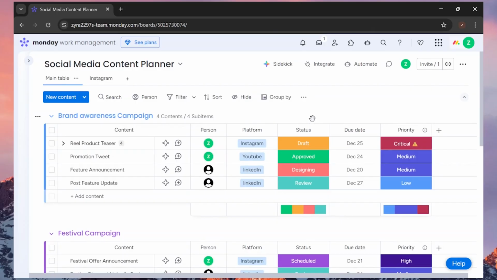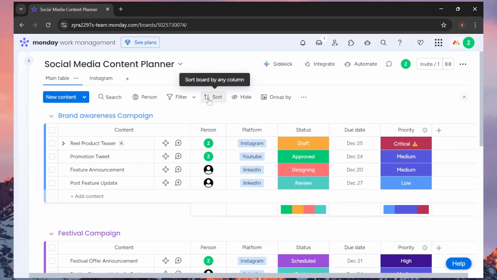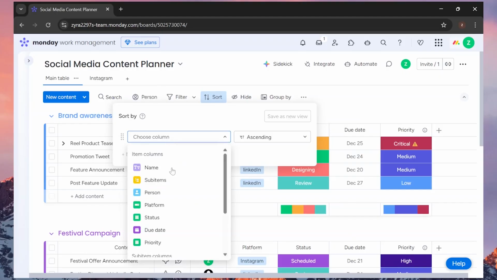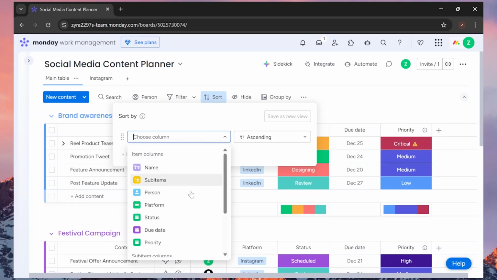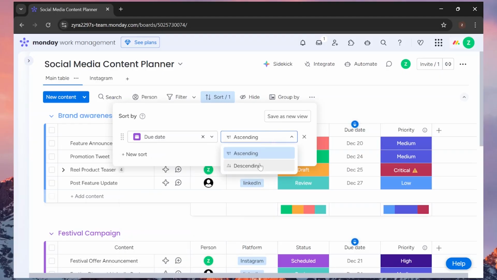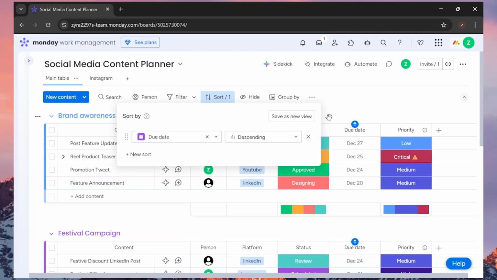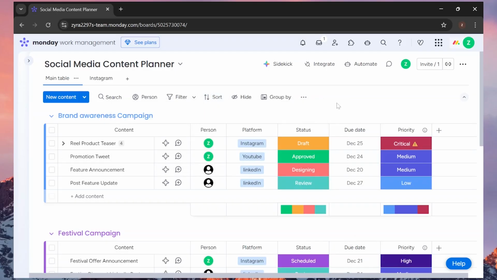Coming back to our main table, you can hide different columns by clicking on this hide button and selecting the column that you want to hide, and also sort your data by any of the column. All you have to do is choose your attribute, that is the column name that you want to sort the data by, and choose the format that you want to sort your data into. Like we can sort our data by the due date in descending order, and here's our sorted data. As you can see, again you can save this as a new view as well by clicking on this save new view, but let's just go back to our default, remove the sorting, and lastly you have the option to